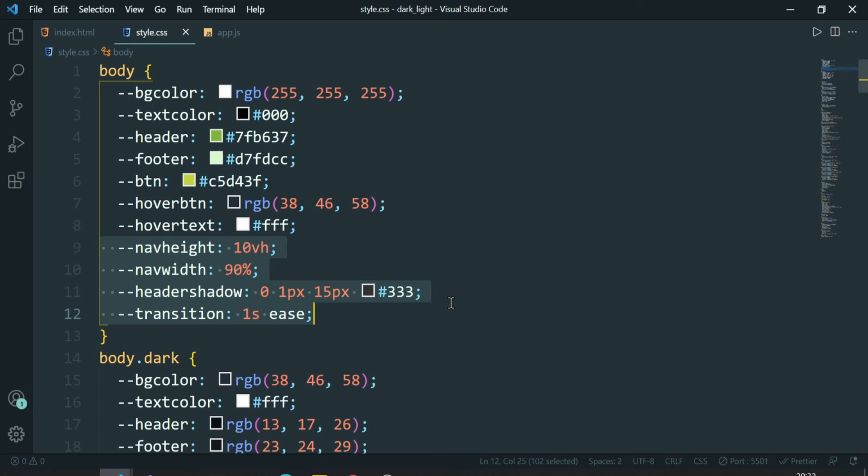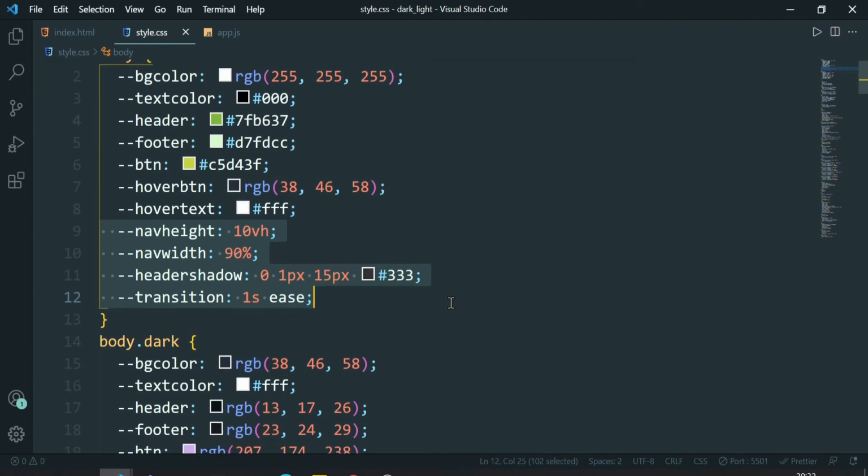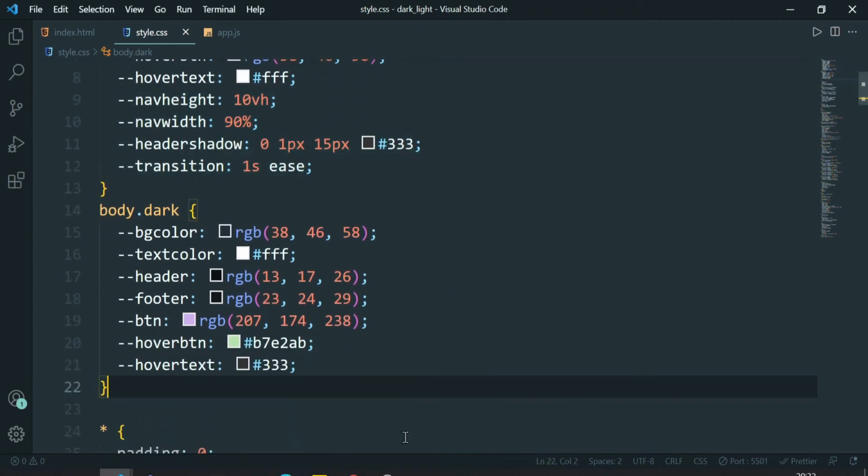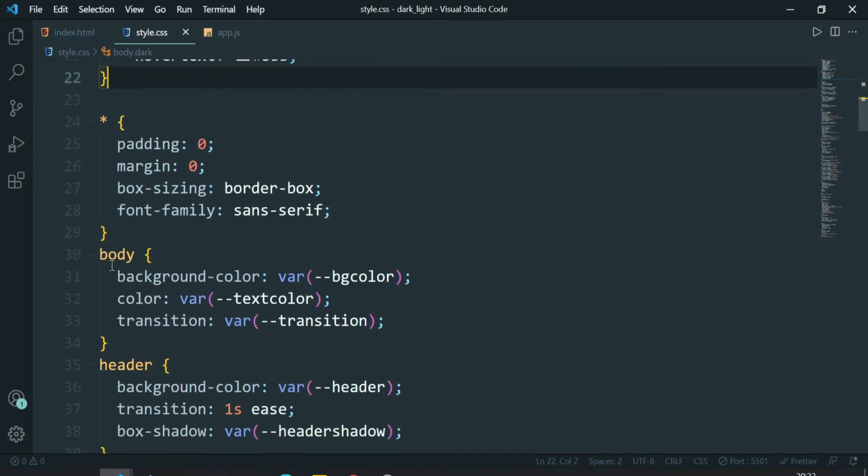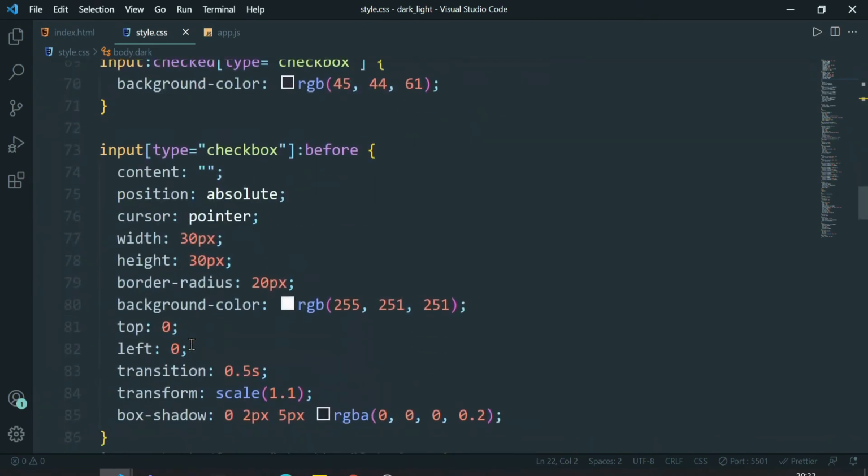Any values can be stored predefined in our body so that we can use them anywhere. And the same goes with colors also, which we have already seen in the past video on CSS variables.